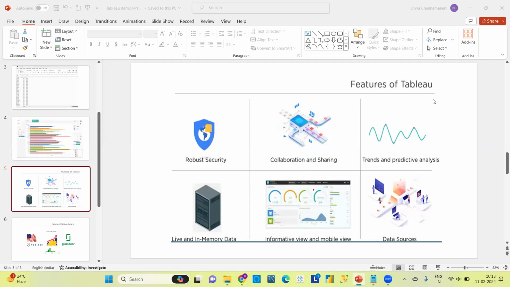Next, trends and predictive analysis. By using Tableau, we can create trends of data from year to year, and we can predict the future, right?